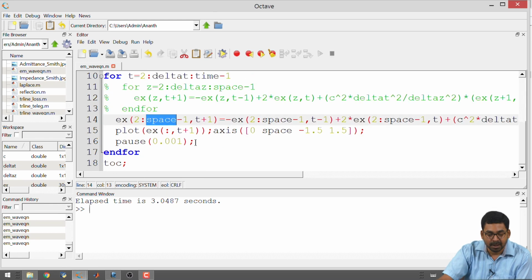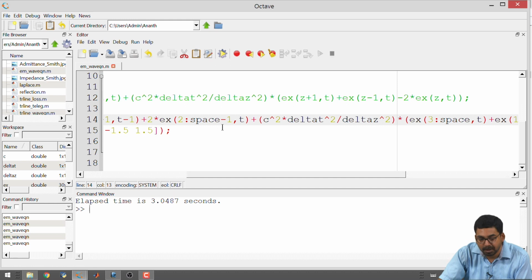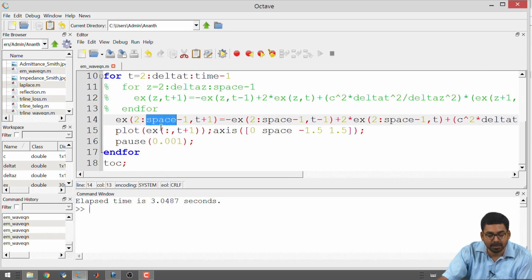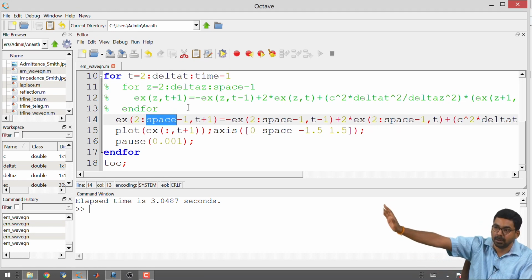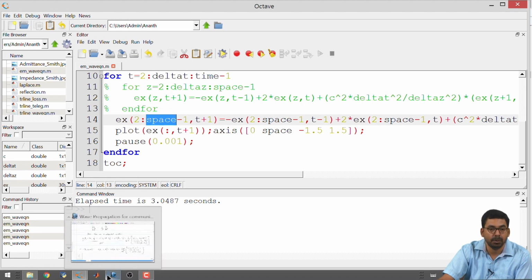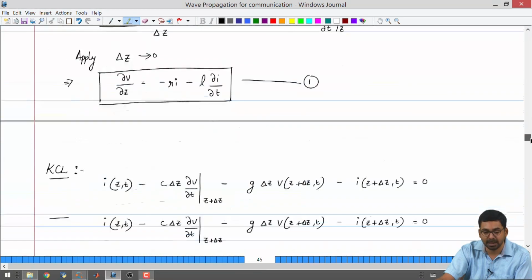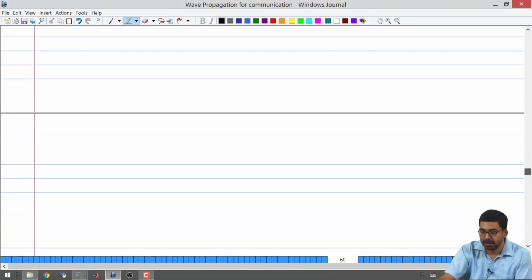Okay. We are not doing any update at all. So, space minus 1, you do not do any update, because the maximum that this one will go to is only 29. So, it does not have an update on the right side most edge. So, the right side most edge in your simulation is going to be having Ex equal to 0, okay, which is consistent with the previous transmission line discussion that we had.